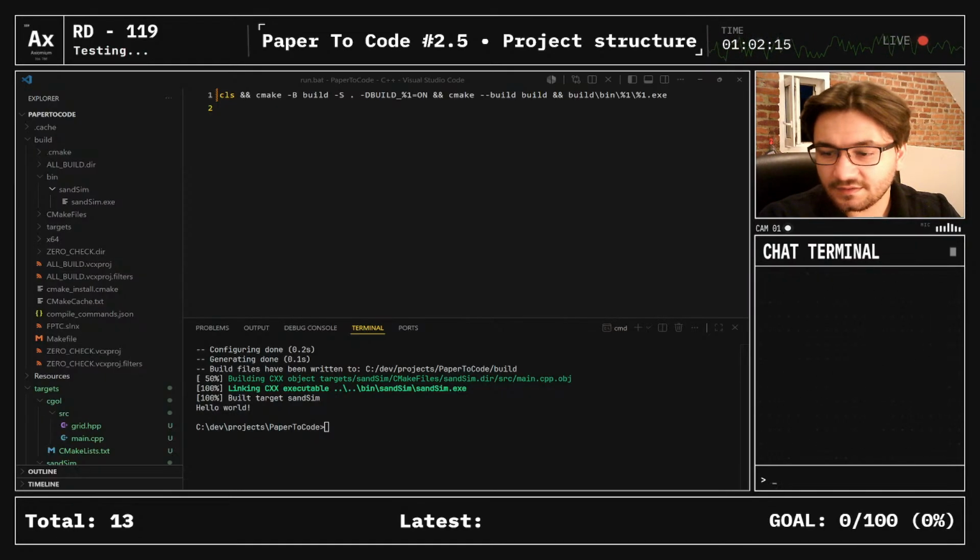CMake options resets. I don't know. I keep getting Stack Overflow answers that like refer me to the GUI of CMake, but